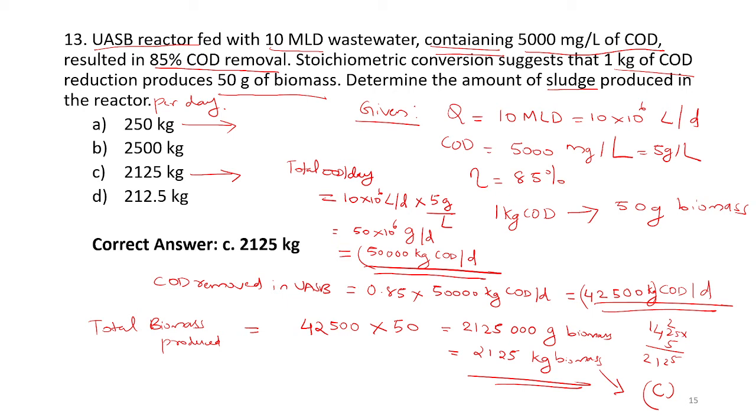It is coming as 50,000 kilogram COD per day, but the efficiency of the USB is only 85%. That means only 85% of this value will get removed. So the actual COD removed in the USB is 0.85 into 50,000, which is 42,500